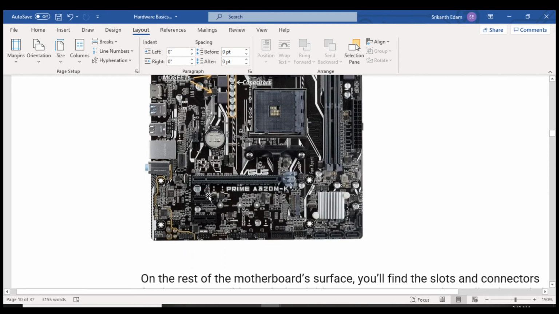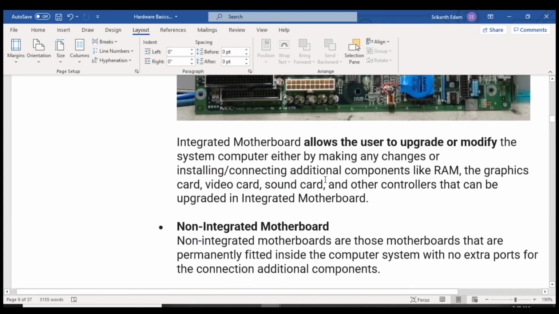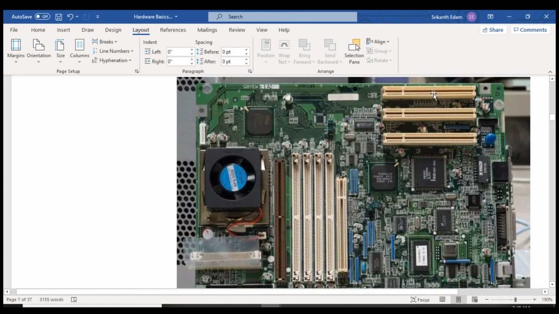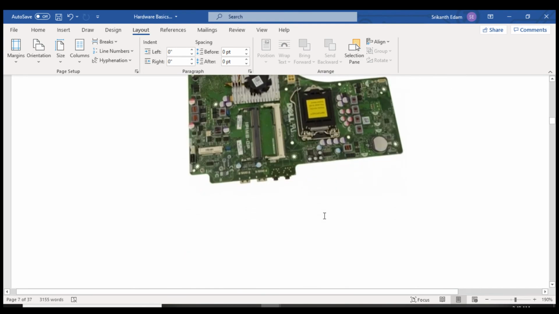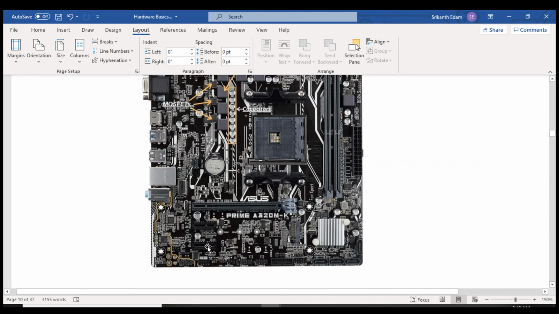These are PCI slots. This is a modern motherboard. Okay, in earlier, old motherboards, the PCI slots were a little different. It is like this. Nowadays we are not getting it like this. This is a PCI slot. In case I want to add a LAN card or sound card, I can add it here. This is for the VGA gaming card.